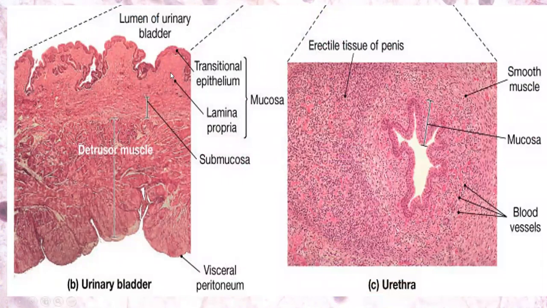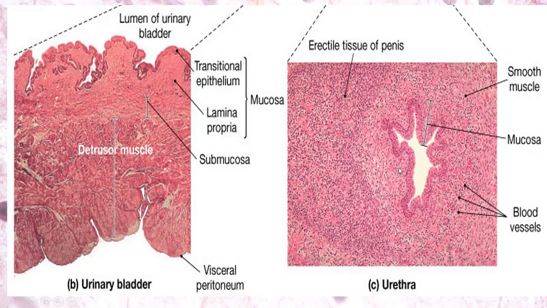It's transitional epithelium, lamina propria, submucosa, and a detrusor muscle or muscularis with 3 layers. They cannot be distinguished clearly, but they are present there. And its outer layer, in this case, in this region, is visceral peritoneum, so it's serosa, but in other places there is adventitia. And another organ of the urinary system, the last part of the urinary tract, is the urethra,